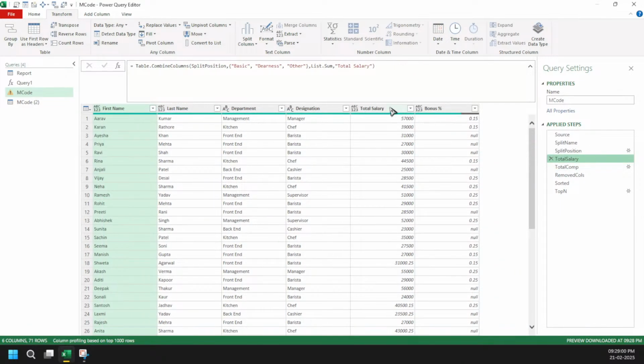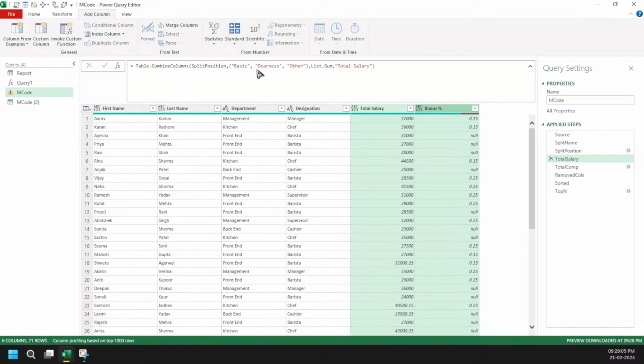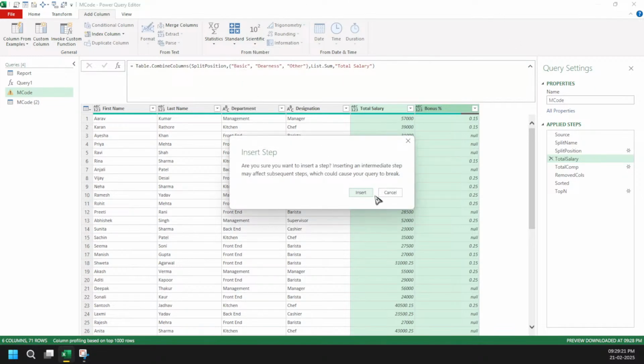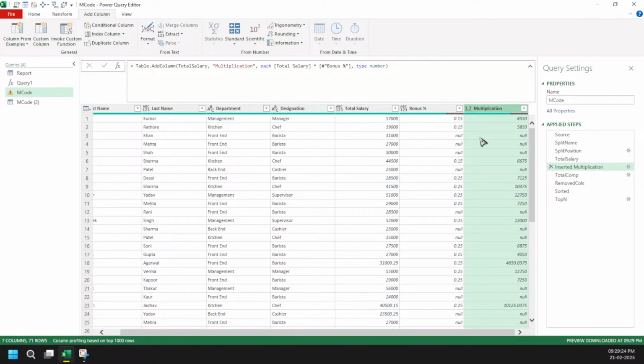So what I'm going to do here is come here and say add column. And yeah, I could have again combined it, total salary and bonus, right? But the problem is that I want to show this is my bonus portion. Got it? So what I'm going to do here is come here, do the multiplication, and add a column. So that will be my bonus. Got it? The benefit you can use is you can come here, do a double question mark, and that's it.